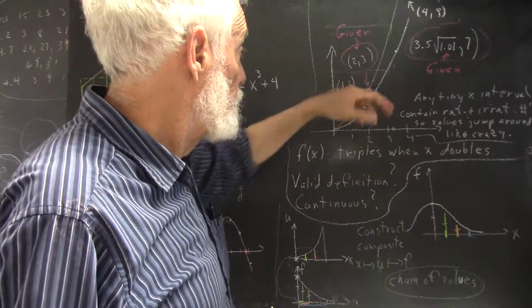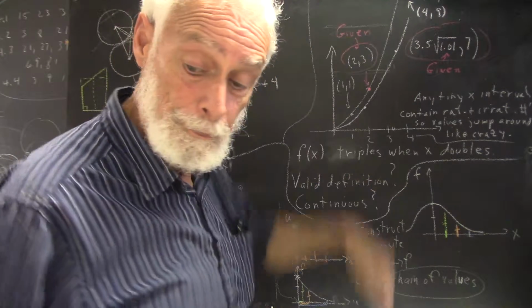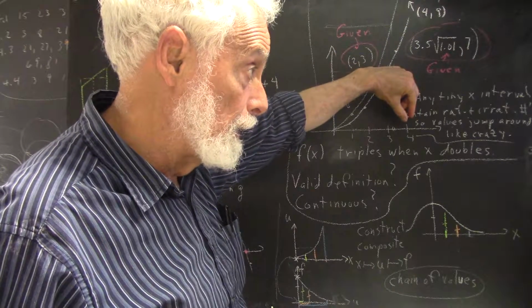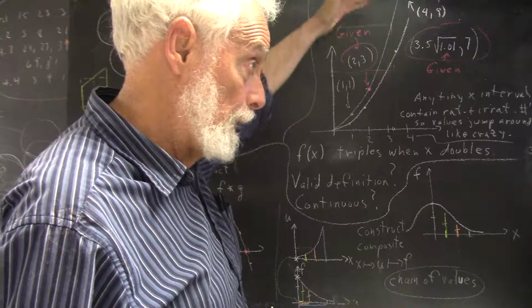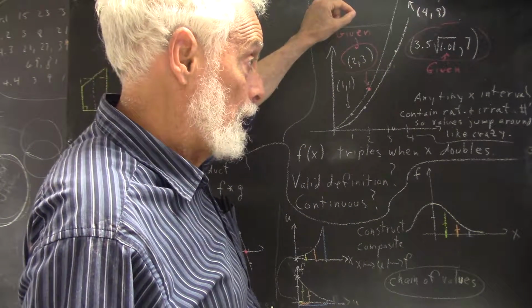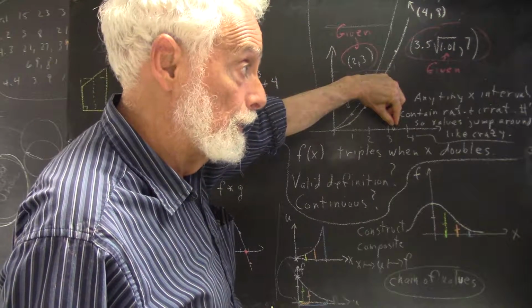So the function keeps jumping around between values here and values here, even on that little tiny interval, and no matter how tiny you make that interval, you still have an infinite number of jumps between values here and values here, so that the values of the function are not necessarily close together if the two values of x are close together.